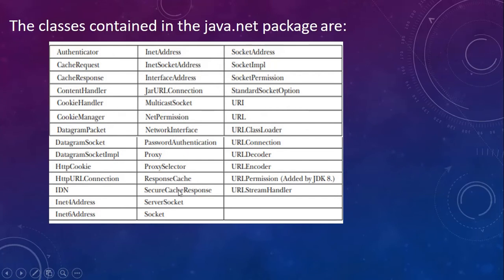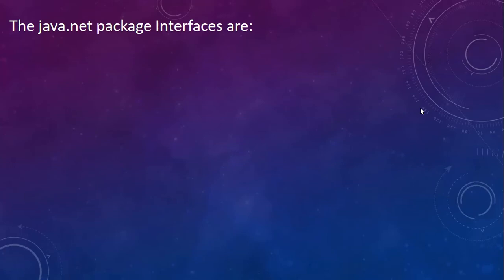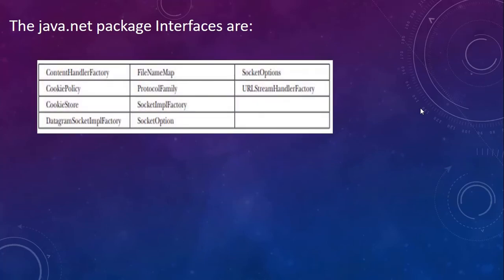And we are going to see two important concepts, called Socket and ServerSocket. The Socket class represents the socket on the client, and the ServerSocket class represents the server socket. So for a TCP connection, we are going to use objects of these two classes, Socket and ServerSocket, whereas for a UDP connection, we are going to use DatagramPacket and DatagramSocket. Apart from this, you are going to see what a URL is, the URLConnection class and so on. Now let us see the interfaces which are present in the java.net package. So these are all the interfaces which are present in the java.net package.